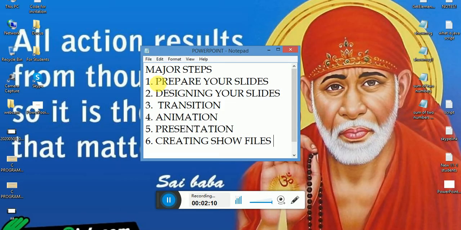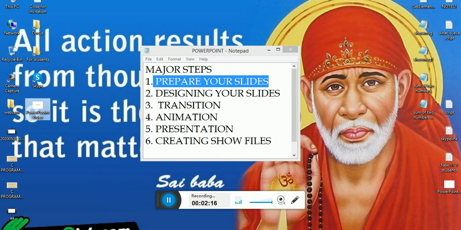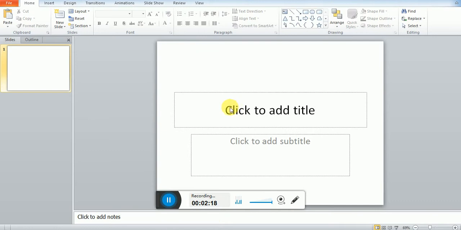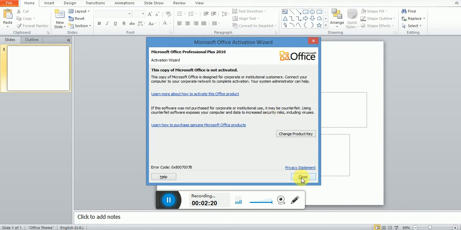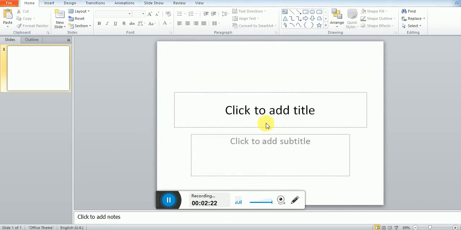Now first we'll go for preparing your slides. Let us create a slide. PowerPoint started. To do a project, think about a particular situation. Let us create a slide relating to HLC courses.